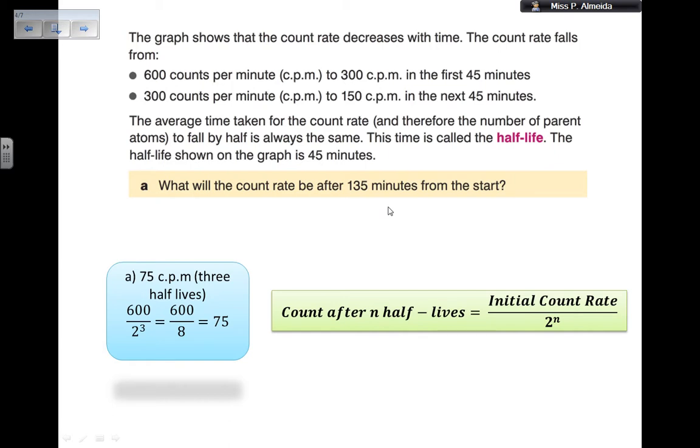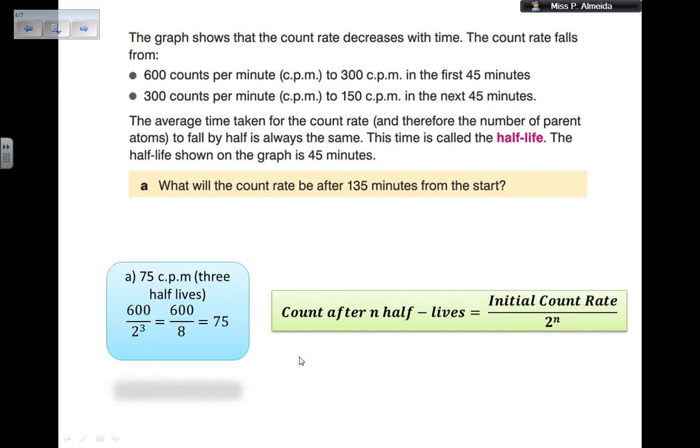I could be doing that, but to make my life easier, instead of dividing by 2 every time, I could get a result for the exact number of half-lives as follows. I could do 600, the initial count, divided by 2 to the power of the number of half-lives. So this would be the same as 600 divided by 8, and this would give me 75. So I can either keep dividing by 2, so each half-life I divide the result by 2, or